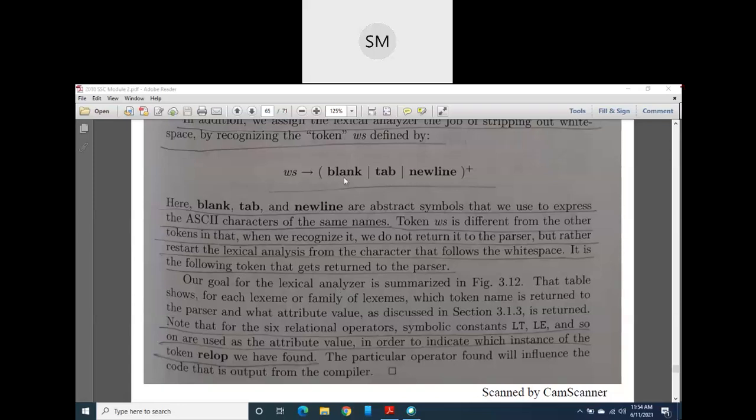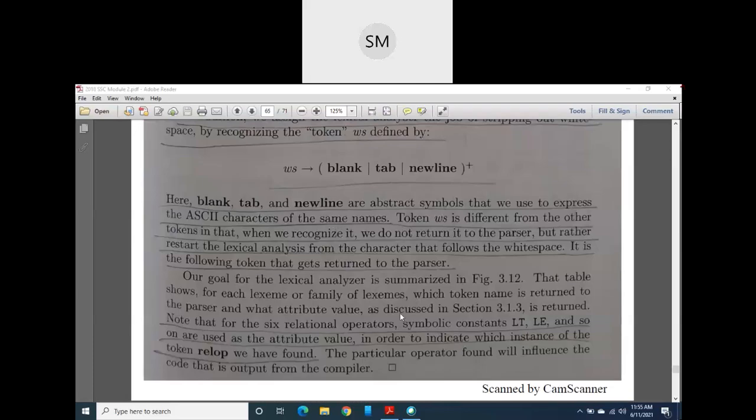The white space always looks like this. It will be either blank space, or else it will be a tab, or else it will be a new line. Okay, new line character. These are the possible characters for white space: single space, or tab, that is nothing but a sequence of some 8 spaces, or else it will be new line. Okay, and if you observe at the end here, I have used a plus. What do you mean by it? Plus is nothing but it is going to match one or more of these blanks or tab or new line. One or more means minimum one space is there, then only we will call it a white space. Clear now?